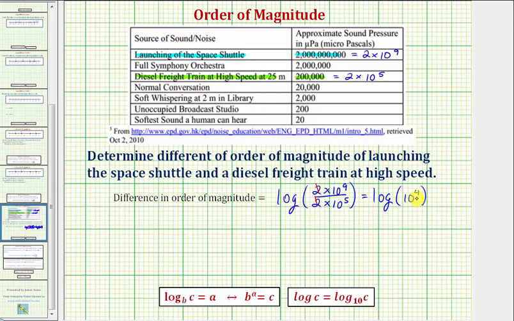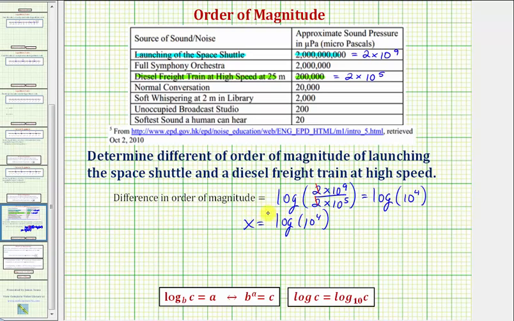And the value of this common log tells us the difference in the order of magnitude. So if we let x equal the difference in the order of magnitude, we'd have the log equation x equals the common log of 10 to the fourth. Now if we recognize here x is going to be 4, that gives us a difference in order of magnitude,